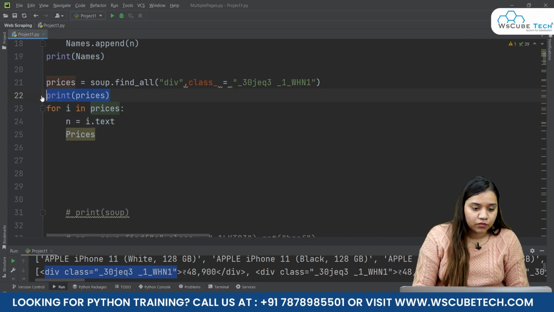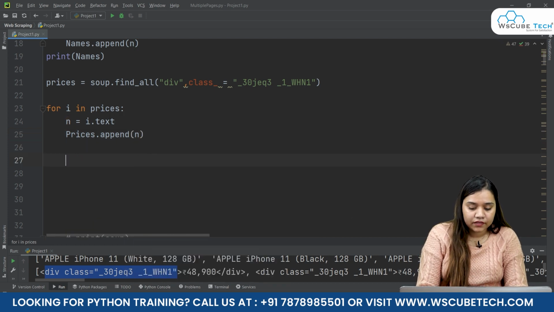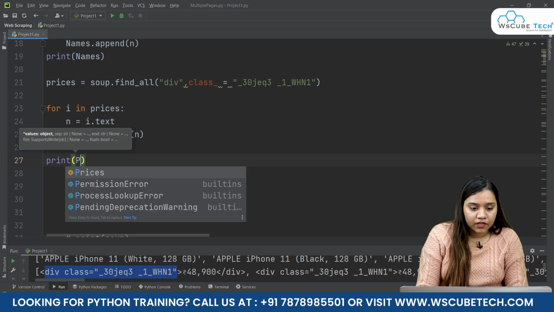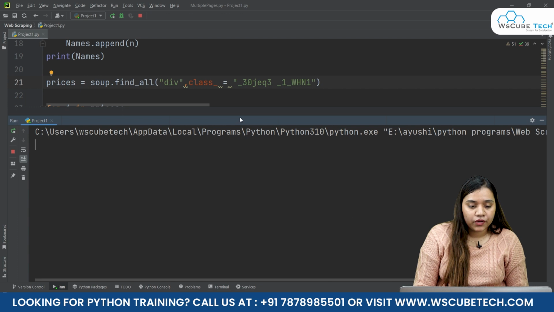So let me just remove this. So for i in prices, we need to obtain the text, and then we have to add it to our prices list. So prices dot append, and inside this I'll be appending my n. And lastly, let's print the prices. That means we'll be printing this list prices here. So capital P Prices, and as soon as I run it, the output here would look like this,